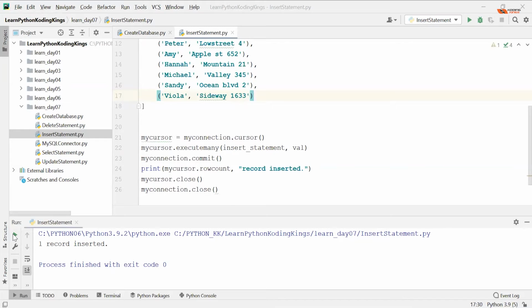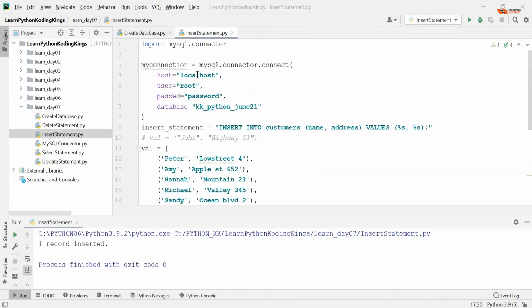If the server is not local, then you can use the IP address here. Okay, definitely you can use host, and you can attach port to it. Okay, so you can always say 3306. That's a default port, but you can always attach port also. Okay, give the IP address in host.